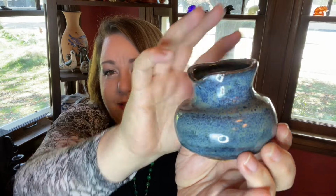It started with this little piece of pottery that I absolutely adore. It's just this little kind of creamer or pitcher in this gorgeous glaze that reminds me of Van Gogh's Starry Night. Look at the blue on that with the little bit of color in there. Just fantastic. I paid $2.29. I'm not seeing a very clear indication of a signature. I don't think that these marks are here, but that's okay. It's just super cool, fits my aesthetic, and wait till you see how it looks with some of the other